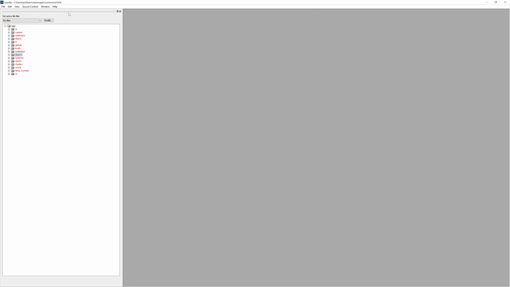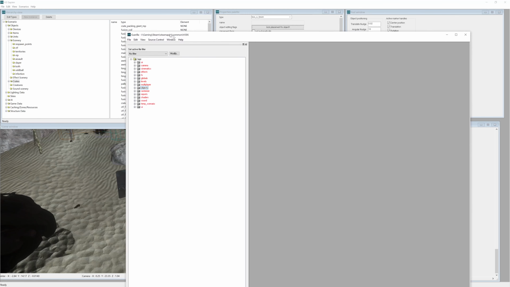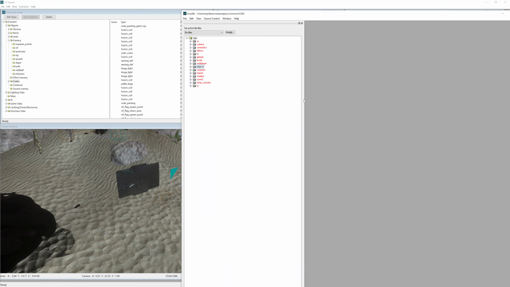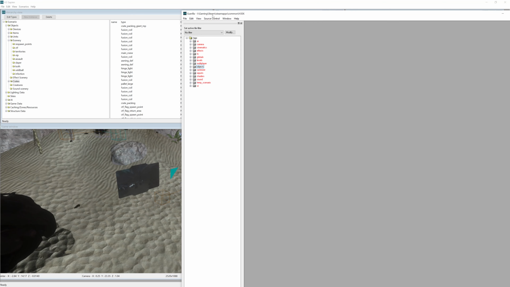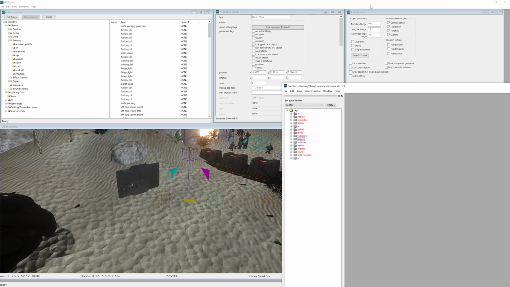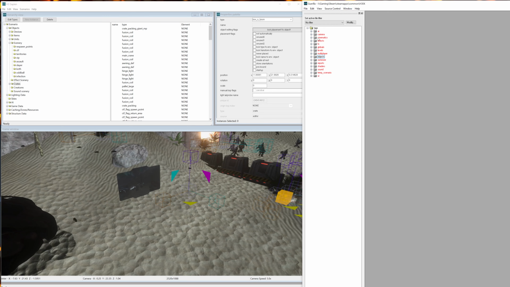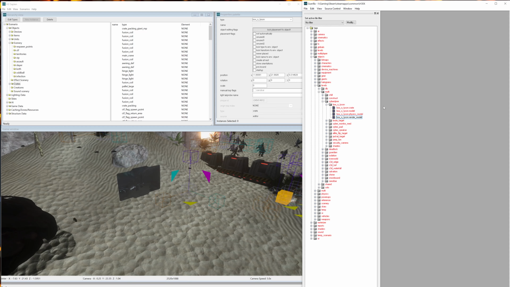So with Gorilla open, what we're going to want to do is similar to what we did in another video. We're going to make Gorilla on the right side of our screen and keep Sapien running on the left side. Cool, so this looks good. Now, in Gorilla, you want to go to your tags, go under Objects, Levels, Multi, Cyberdin. You want to go into the box O Tyson. Now let's double click